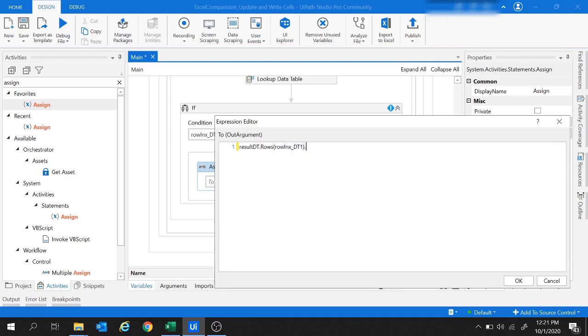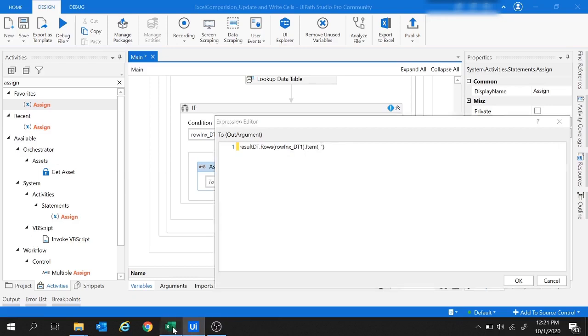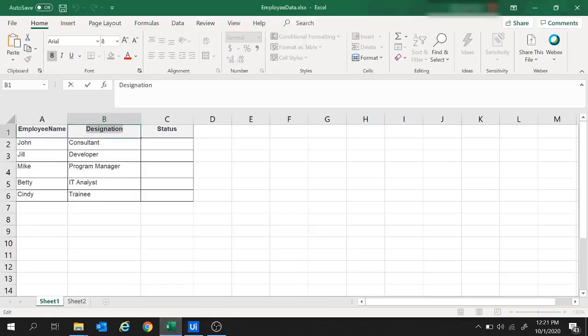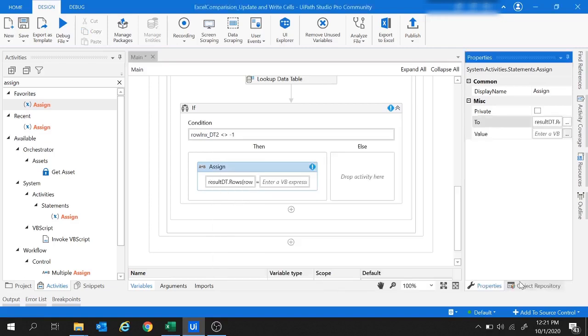Then put a dot and select Item, and here we will provide the column name where we would like to write. In this case the column name will be designation. So let me copy this one and provide it here. So we would like to write inside the result data table with the row index DT1 and the column designation. So let's click on OK.